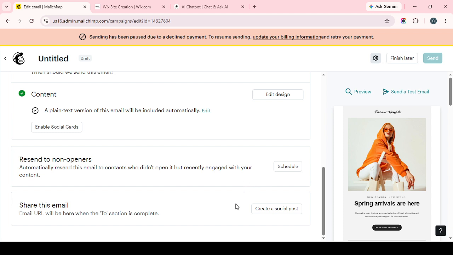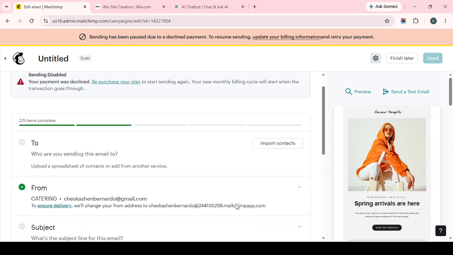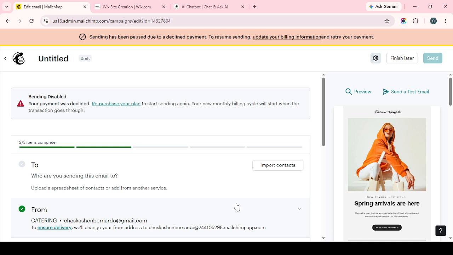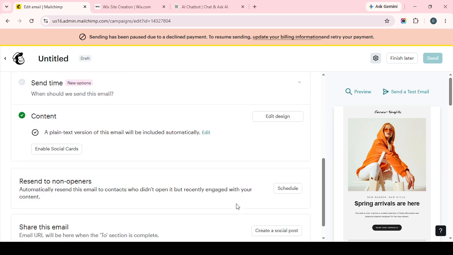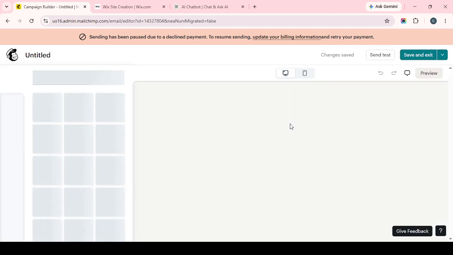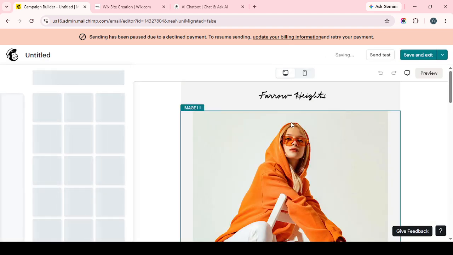Now take your time mapping the data fields. This is where you connect the variable values coming from your trigger app into the appropriate Mailchimp campaign fields. Accuracy matters here because the campaign will only be created correctly if the right data is sent to the right place. Review each mapped value carefully and make sure the text fields, names, and content-related inputs line up properly. Once everything looks correct,